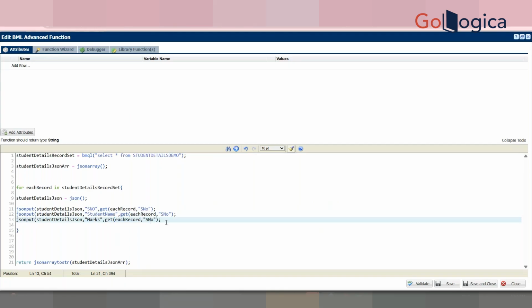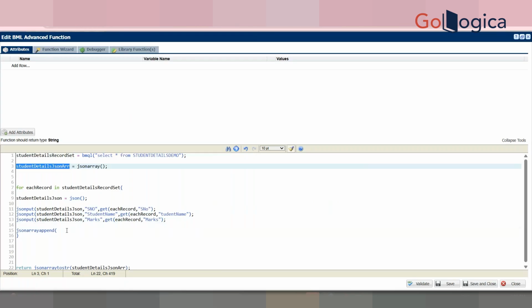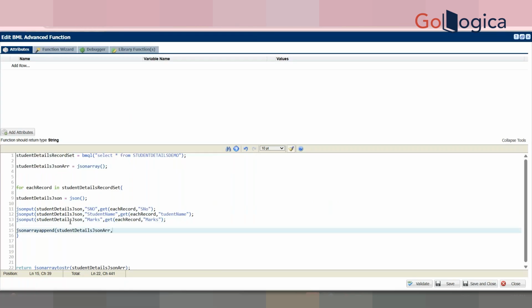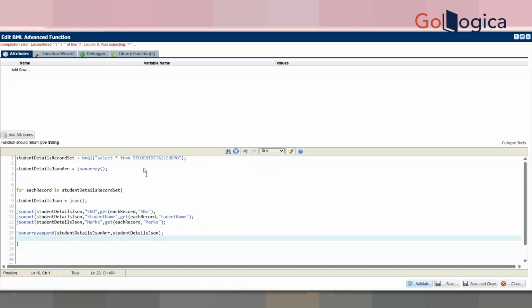Marks. JSON array append function, I'm using that. I'm inserting the JSON here. If I click on validate,